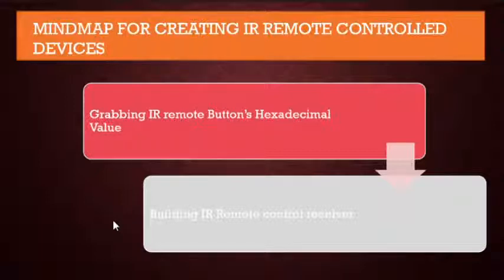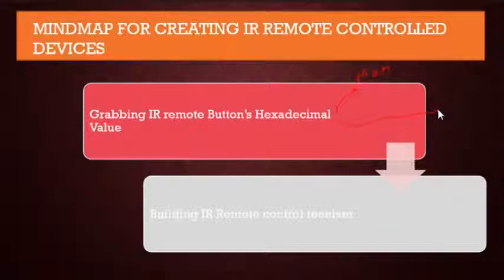Now let's start with grabbing the IR remote control hexadecimal value. This can be done in two ways. The first one is to get the hexadecimal value from the dataset provided by the manufacturer. And the second one is to get our hands dirty with Arduino.